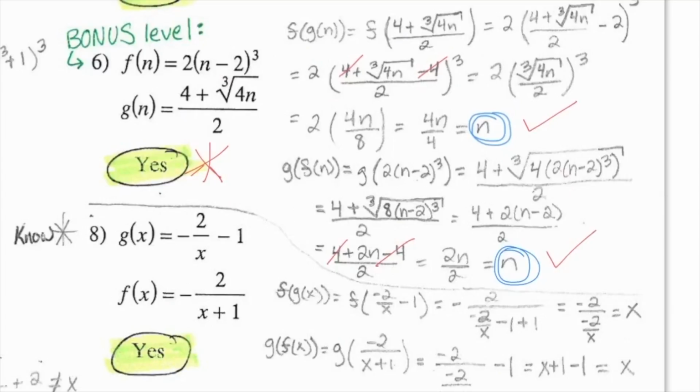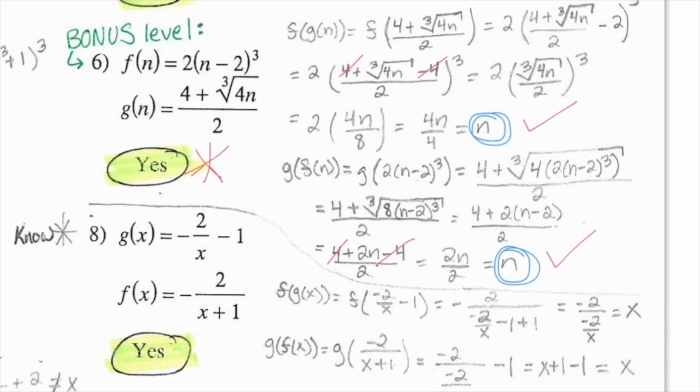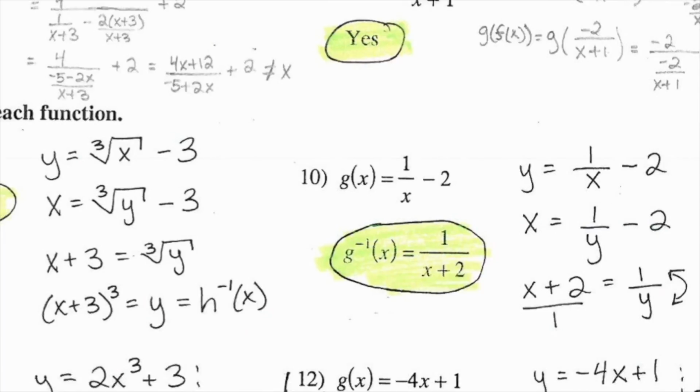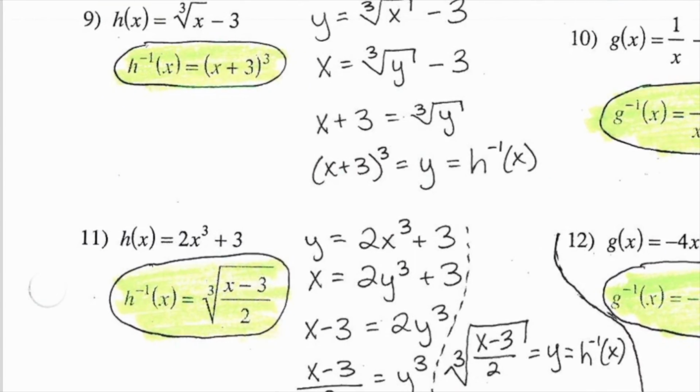All right, let's move on next to our finding inverses section. So here we are in our finding inverses section, which starts with number 9. And if you recall, the two major steps that we talked about here are number 1, switch the places of x and y in the original function, and then once they're switched, try to isolate y. So in number 9,